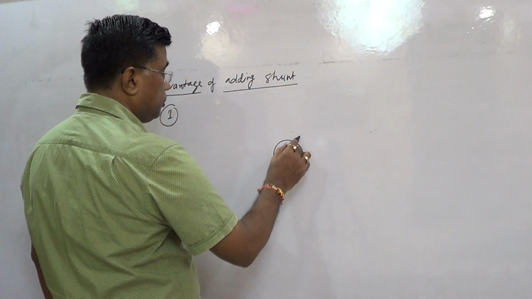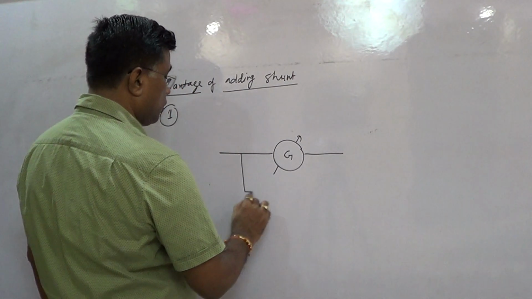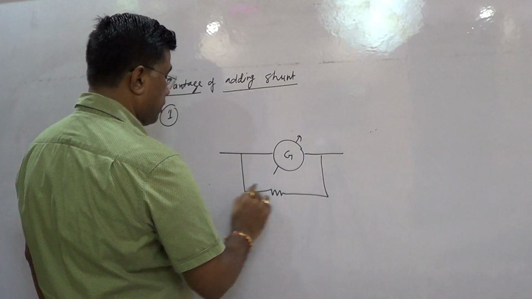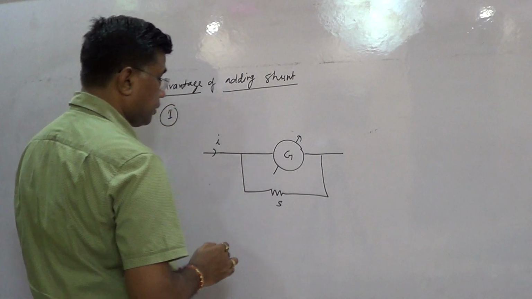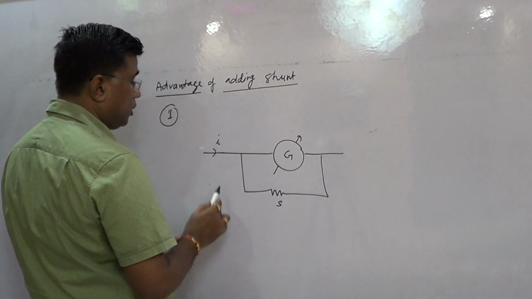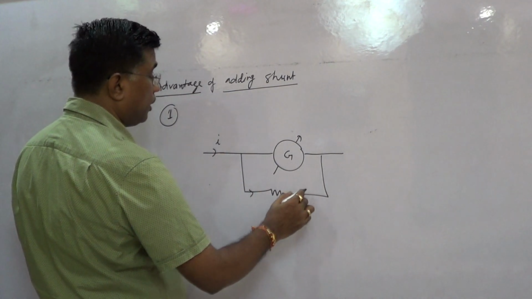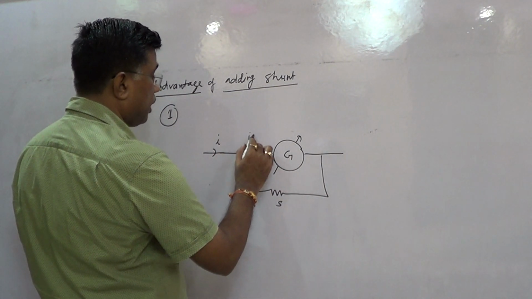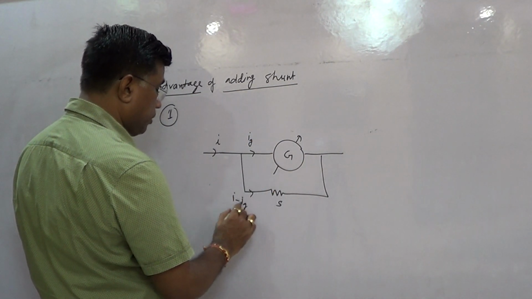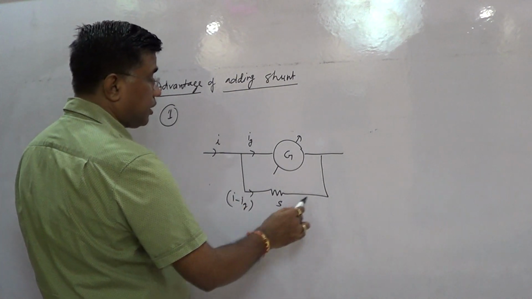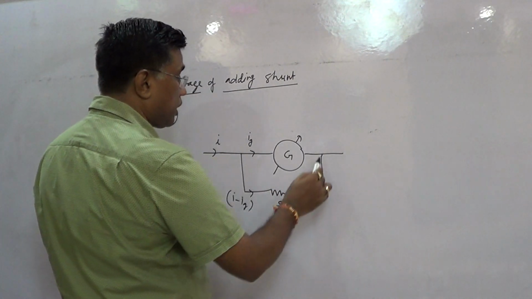Student, as I taught you, if there is a galvanometer, then to convert it into ammeter, we have to connect a small resistance shunt parallel to the galvanometer. As this resistance is small, so maximum part of this current which we have to measure will pass through this shunt, and very small current Ig passes through the galvanometer. Maximum part of the current, that is I minus Ig, will pass through the shunt. So most of the current passes through this short circuit.